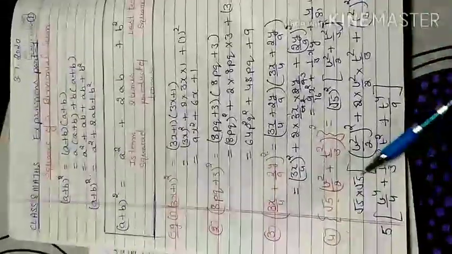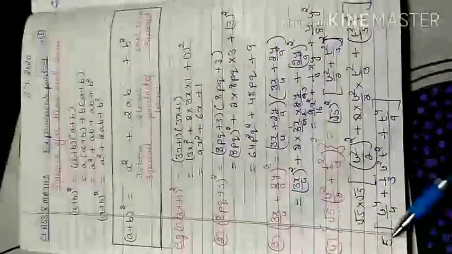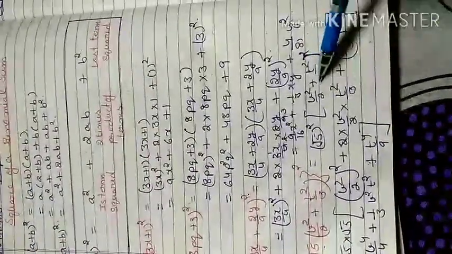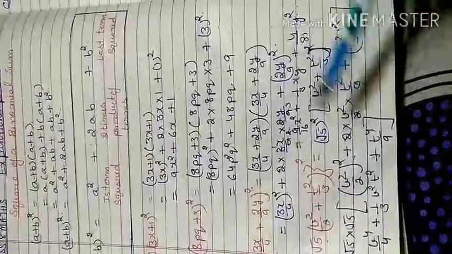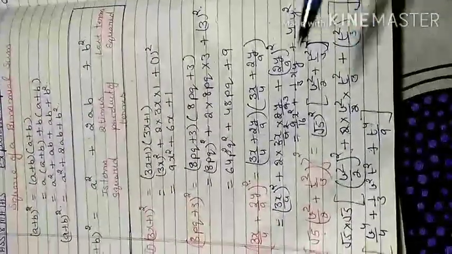You multiply root 5 into root 5, and the square root, if there is a pair of any number, you can write only 1 and the square root is removed. Only this binomial term is left, (v square by 2 plus t square by 3) whole square. So first term square plus 2 times product of the terms and last term whole square.